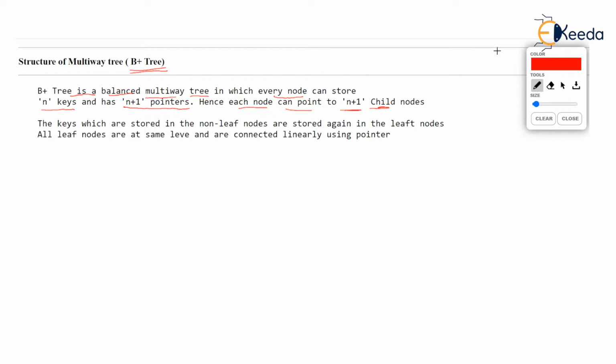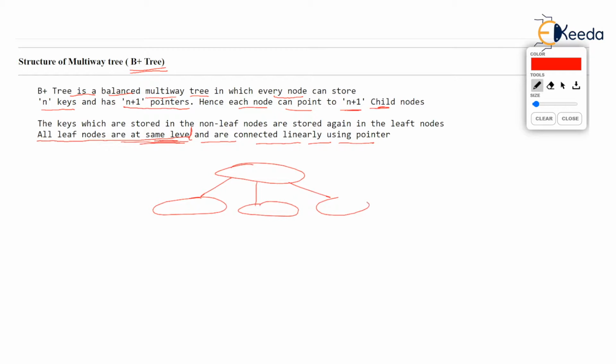So B plus tree is same as B tree, except for a few differences. The very simple difference that you can see to begin with is that all the leaf nodes are at same level. Oh, I am so sorry for this spelling mistake. All leaf nodes are at same level. So in B tree also all leaf nodes are at same level. In B plus also leaf nodes are at same level, but the leaf nodes are connected linearly or sequentially using a pointer. So you can just imagine if you have some sort of multivariate tree. This is a B plus tree I am drawing, and these nodes are leaf nodes.